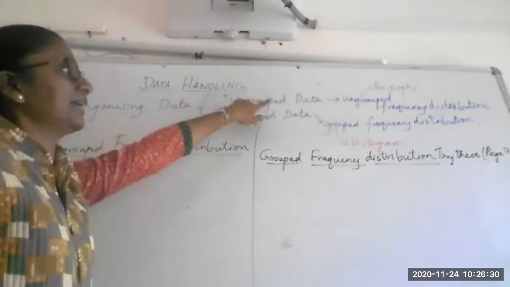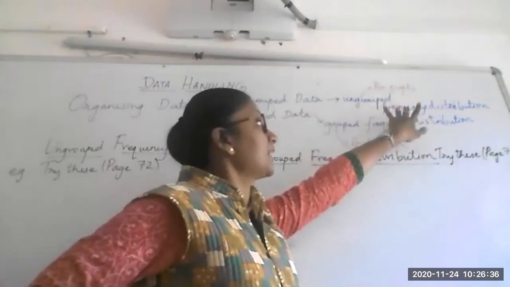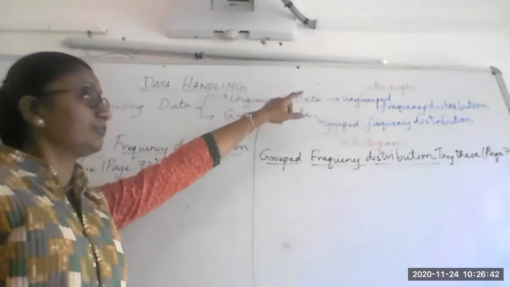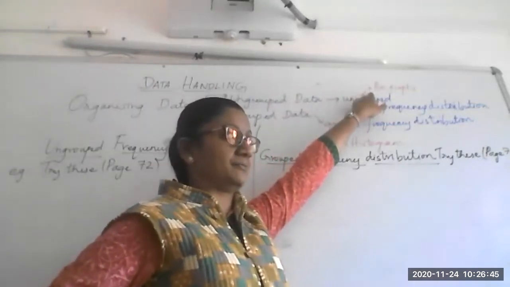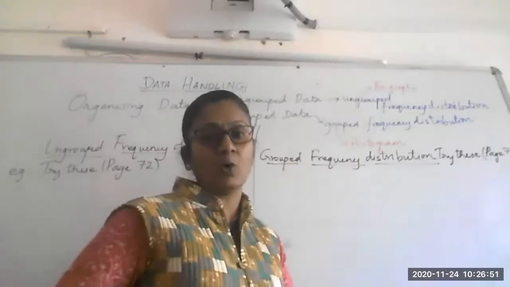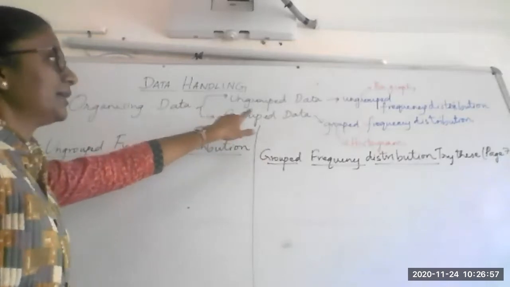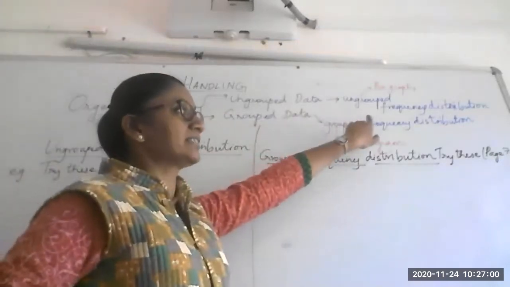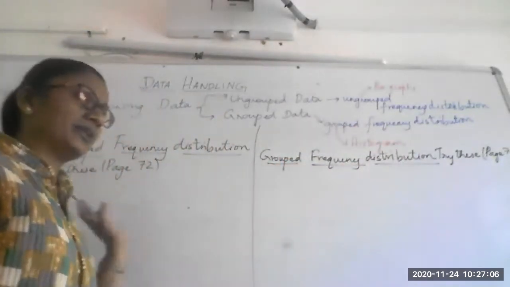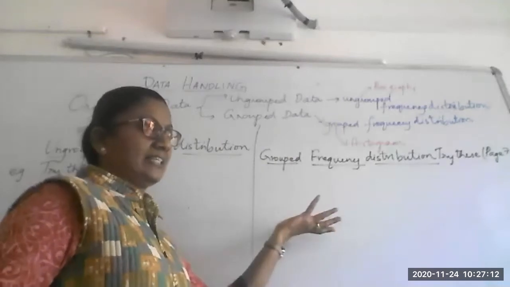Putting it in the tabular form is again of two varieties. Once you have an ungrouped data, you will lead towards an ungrouped frequency distribution. And when you represent this ungrouped frequency distribution in graphical form, what you will be drawing is the bar graphs. It can lead you to the single bar graphs or the double bar graphs based on how the data is giving you the information. Now, when you have a grouped data, you will be moving towards creating a grouped frequency distribution. So, I'll take one example each and discuss what an ungrouped frequency distribution is and what a grouped frequency distribution is. You will understand them clearly.